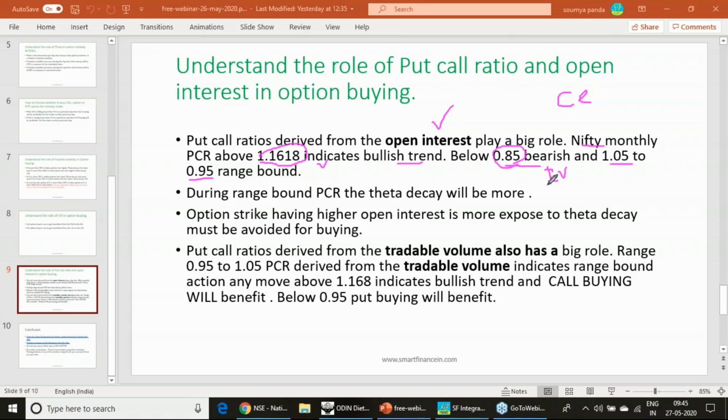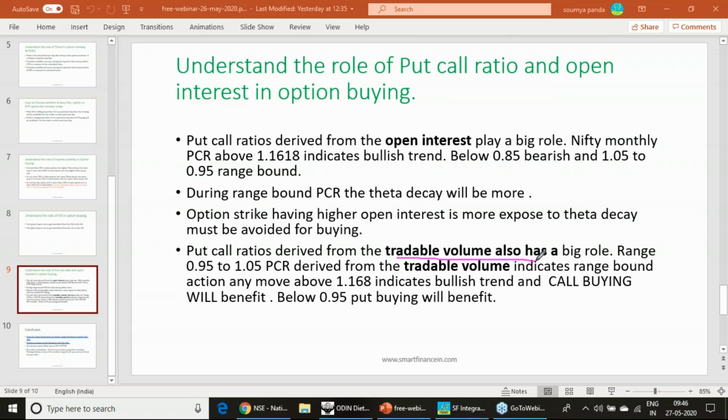Whenever you are trading a range bound market, in both cases, whether it is call or put, you have to scale down your targets by 1 or 2 rupees if you are using our paid software or the web calculator. If you are doing it manually, then you need to exactly deduct the theta value from that target. So this is how you can link.